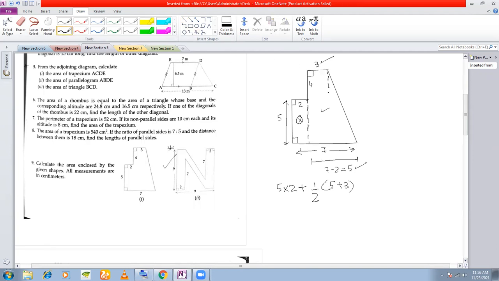If you join this here, then this will become the height of the trapezium, right? So height of the trapezium, this length is this length here, 5, plus this length here, 4. So this length is 5 plus 4, which is equal to 9. This is 9. So you can calculate this and get the area of the figure. Okay. We move on to the next problem then.